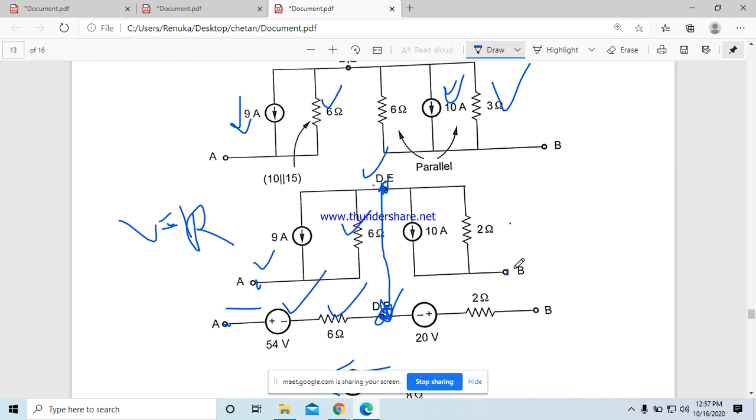In between D and B. You have drawn D, you have drawn B. You have converted this current source and parallel resistor into a voltage source, in series with this. 10 into 2 you will get 20, in series with a 2 ohm. You should not worry whether this is open here or the same here. We are just observing the nodes, whether that is connected at the node or not. Now this is clear, Basuraj?